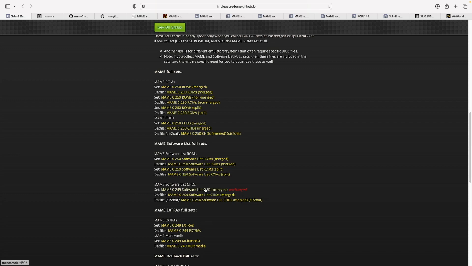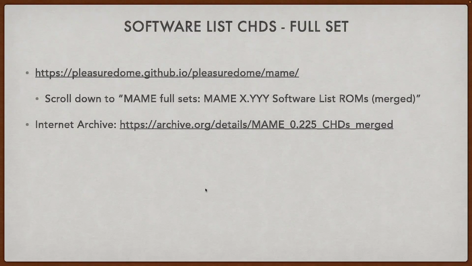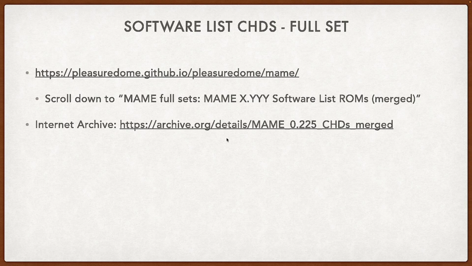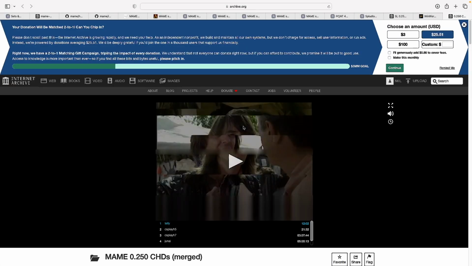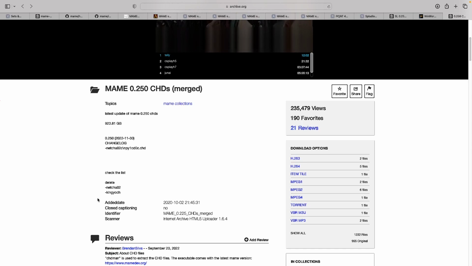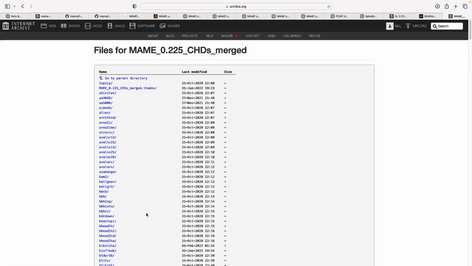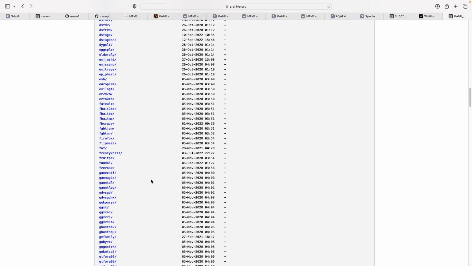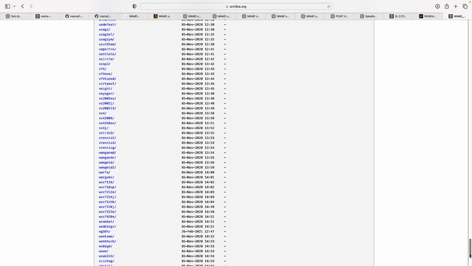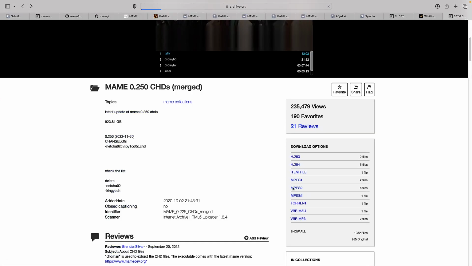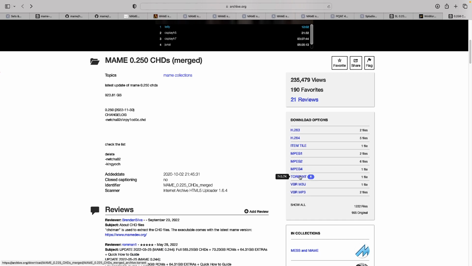So you can get this torrent, and also if you go to the Internet Archive one, it's a similar deal as before. You can get the torrent file here somewhere. I think the torrent file is available over here. Torrent, you can just download this one. Or